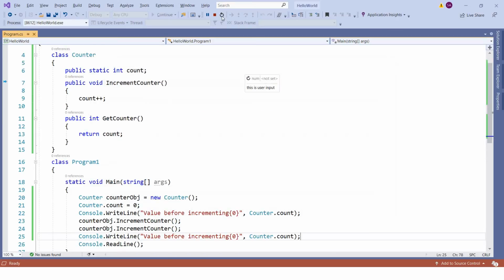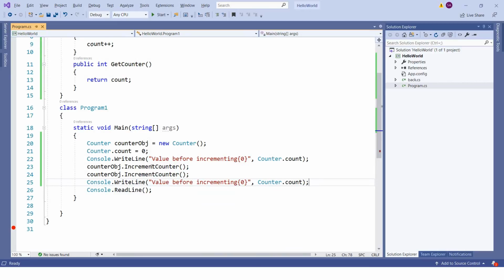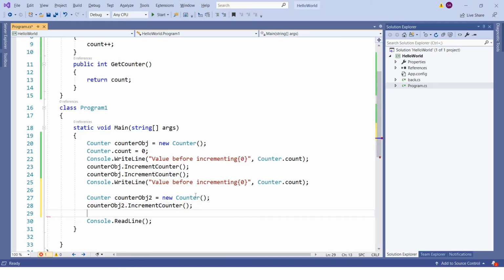Let's stop this. Now after this, let's create one more object, counterObj2, doing the same thing. Now I'll use this variable and call IncrementCounter, and after that print it once again.